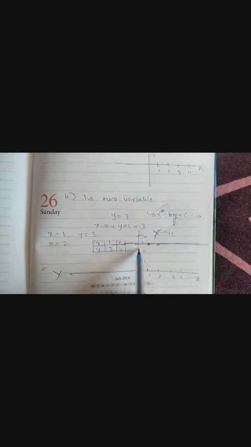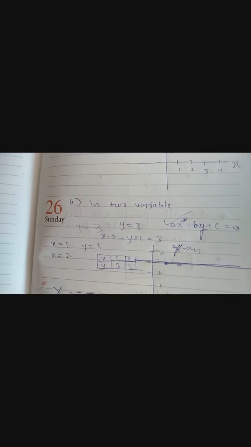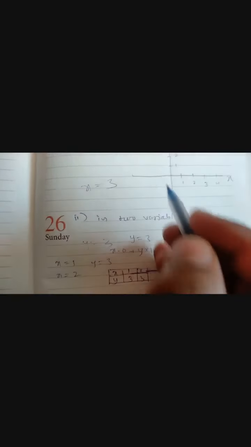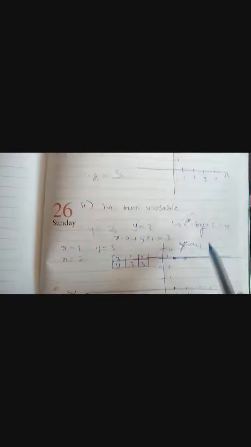See here, they have given only y is equal to 3 as a one variable equation. So y is equal to 3 in one variable gives only a unique solution. But if you make it a two variable equation, the graph will be parallel to the x-axis. For example, if x is equal to 3, can you tell me how the graph will come in the two variable equation? It comes parallel to the y-axis, like this. Correct? I hope you understood, children.